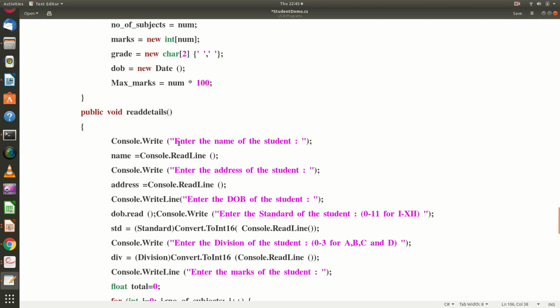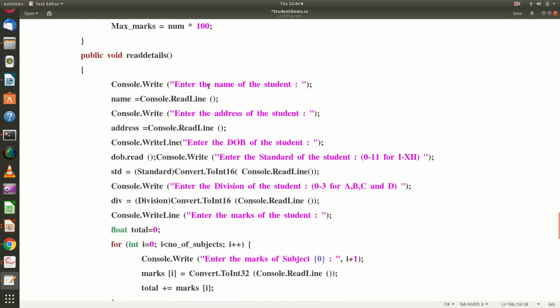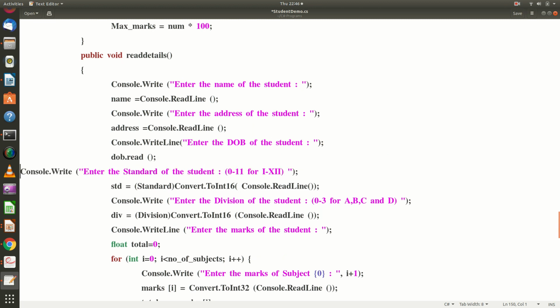Then as you did for the college student, you read the details of a school student, name of the student, address, then again date of birth. Again for the date of birth you use the read method of the date object.